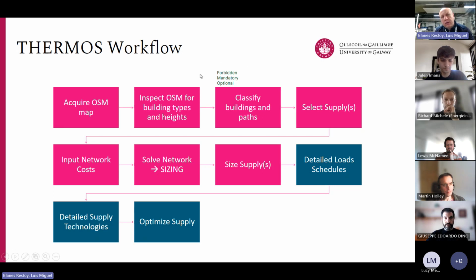And I think that the key to understand how THERMOS works is to have a look at this forbidden, mandatory, and optional. So when you use the tool and the map tools and the network optimization, I think it's the most powerful